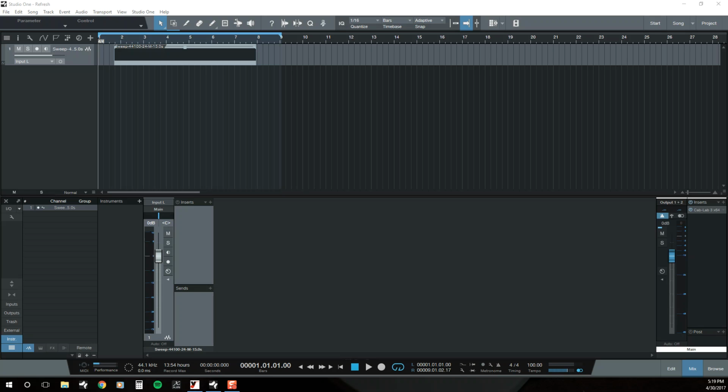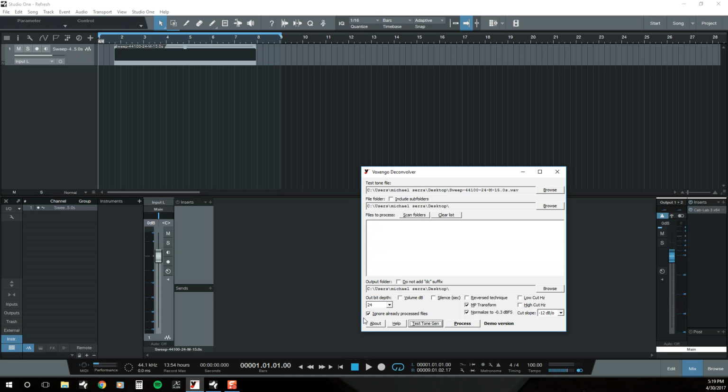So prerequisites for that is that you'll need Voxengo Deconvolver. You can get that offline. This is what the program looks like. It's its own standalone program. You'll also need a DAW such as Studio One, Reaper, Cubase, or anything like that. You'll need Cab Lab. You'll also need one of the cab packs that you can buy off of the